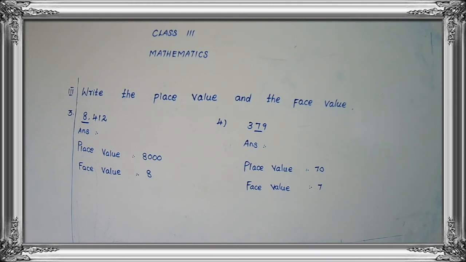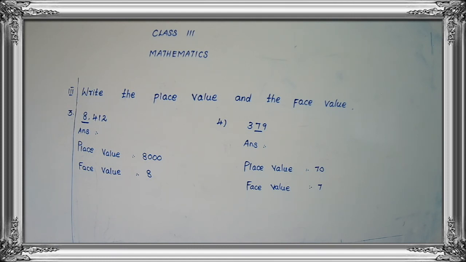Okay, see the A question. They have already given the answer. Yes or no, children? The underlined digit is 7. 7 is in the thousands place, 7,000. The second number also has 7 in the thousands place. So we have to write 7,000 and 7,000. In the next box we have to write same. Then see the second one.